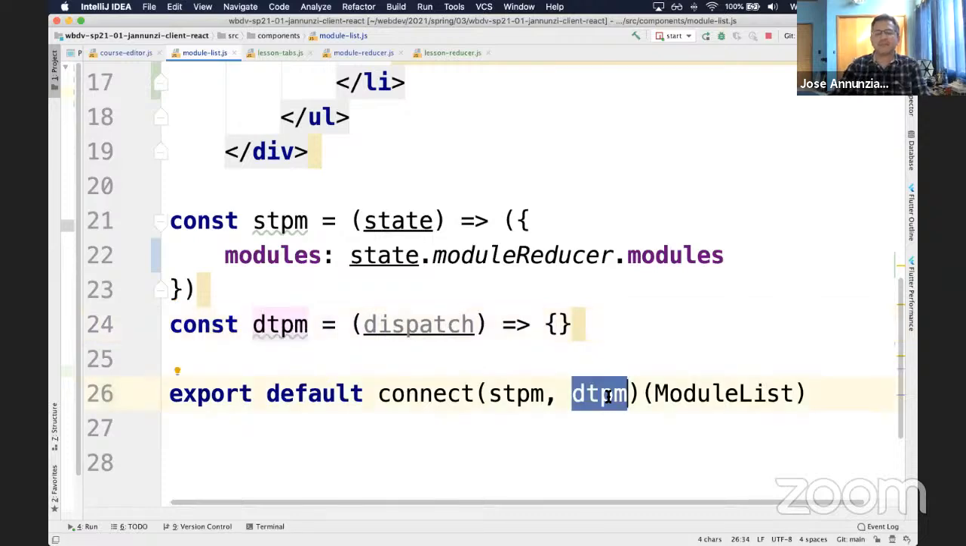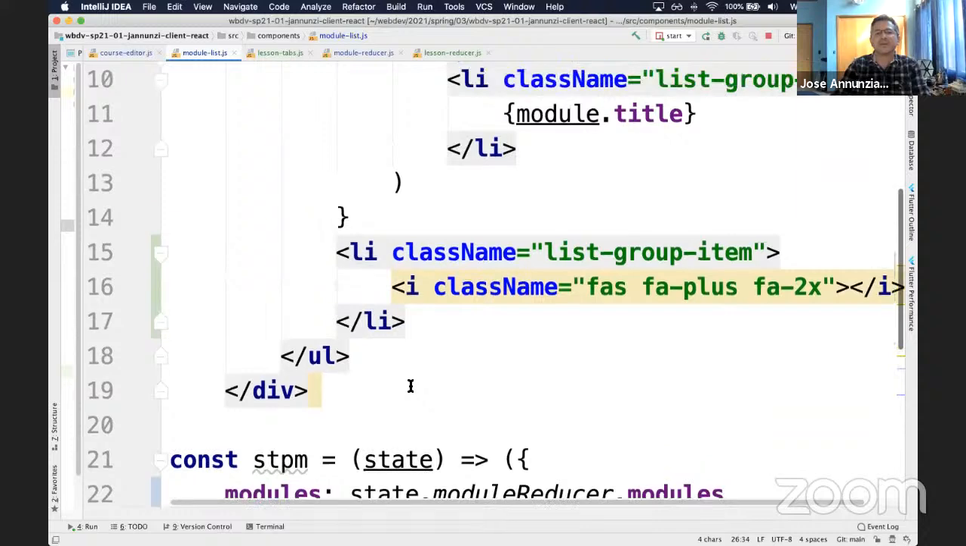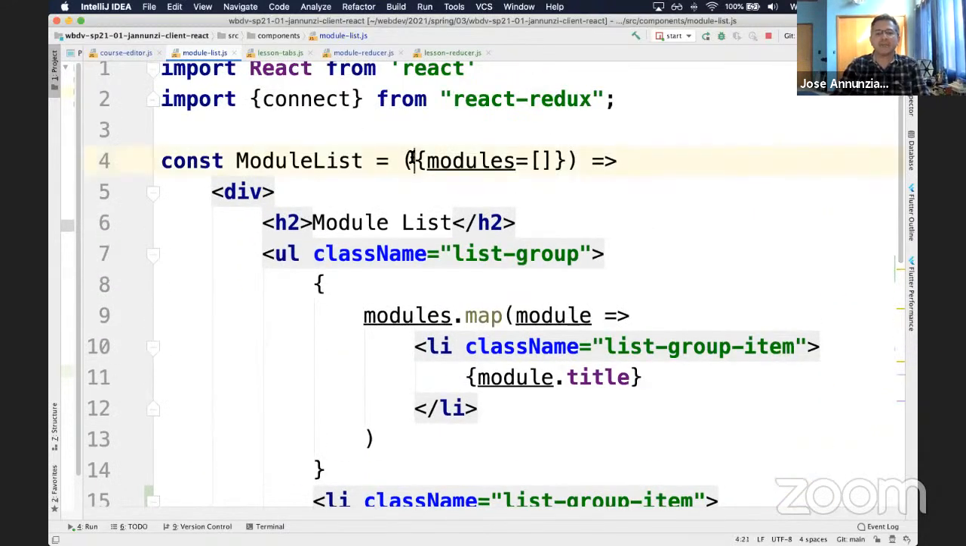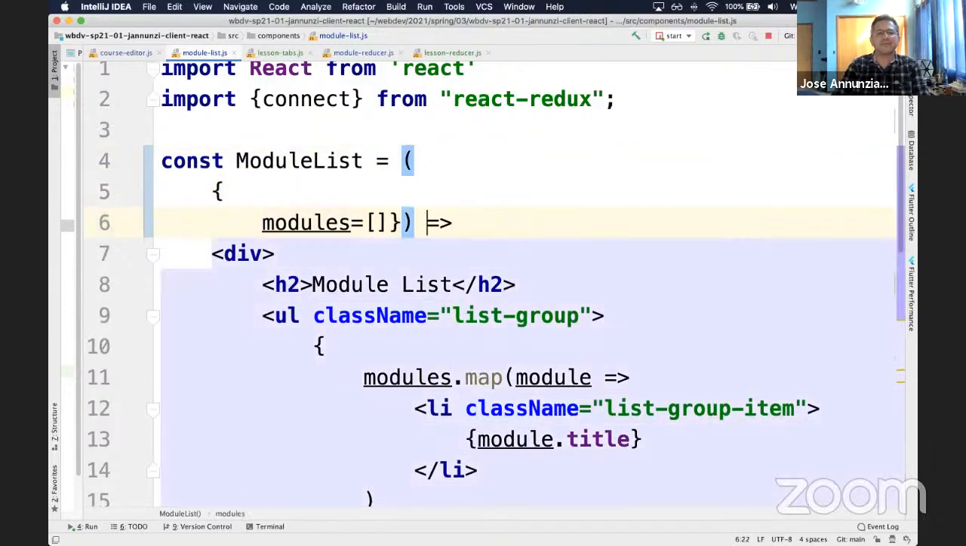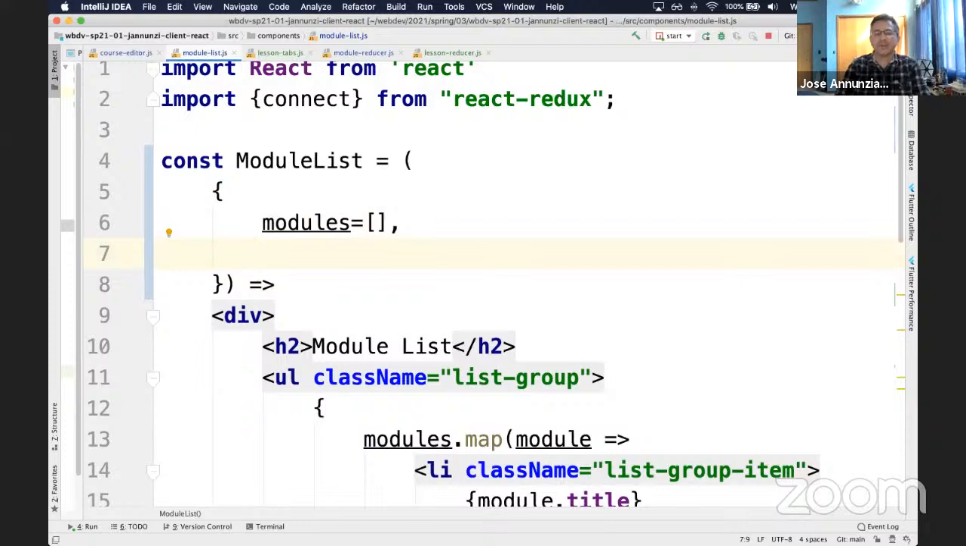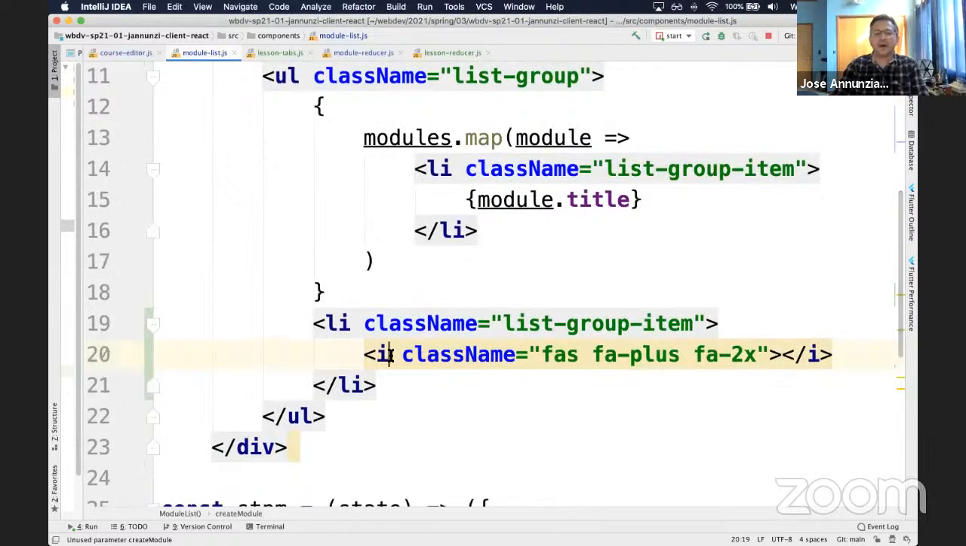So somehow we need to map and invoke an on-click on this icon, which is somehow invoke this dispatch. How do we do that? Well, what we can do here is create a property that we can invoke. Somebody can pass us a function, create module, that we can then invoke whenever we click